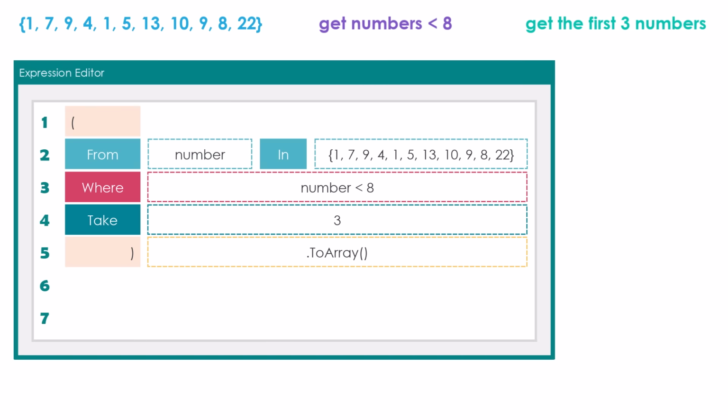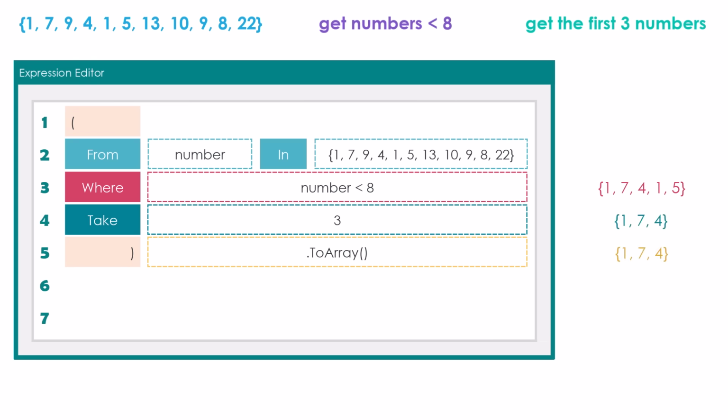Here I use the clauses as I showed you before. The result of the where clause will be the following sequence that contains only these numbers that are smaller than 8. After that I added the take clause with the number 3 to get only the first 3 numbers from this sequence. This means the result of this query will be the following array that contains only the first 3 numbers that